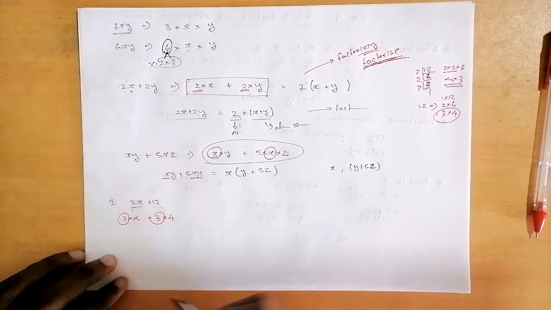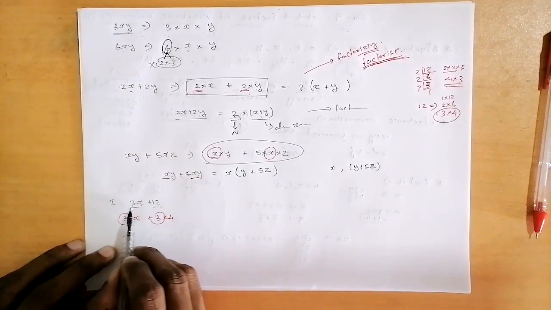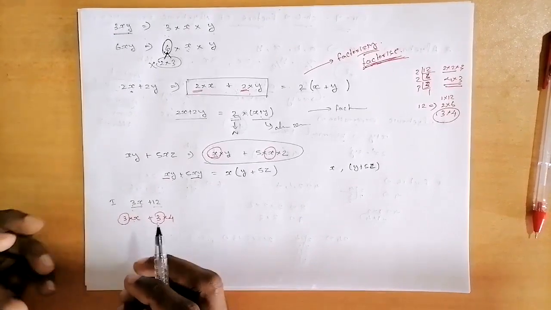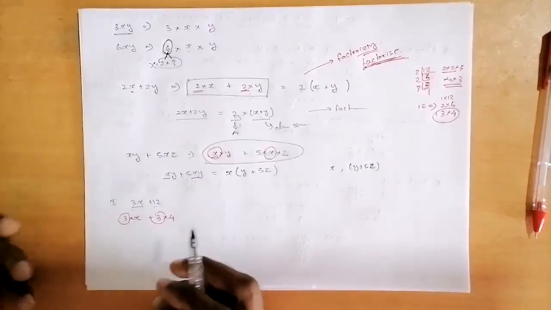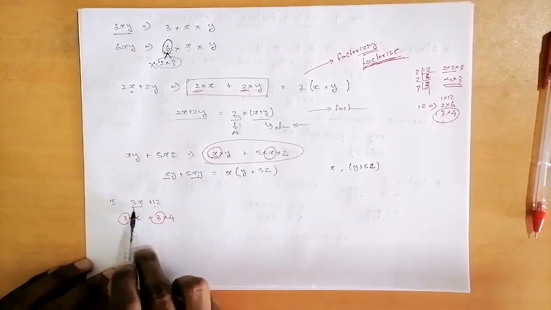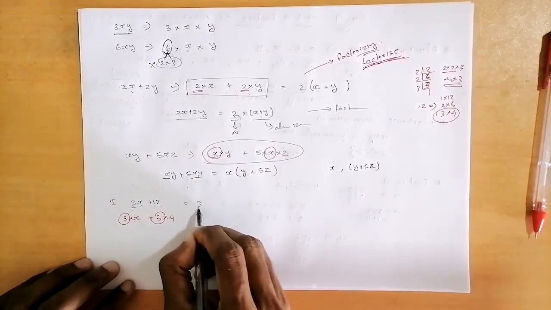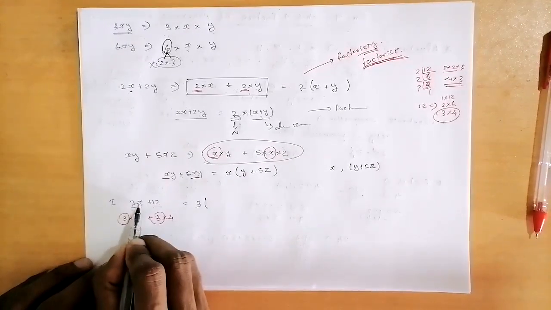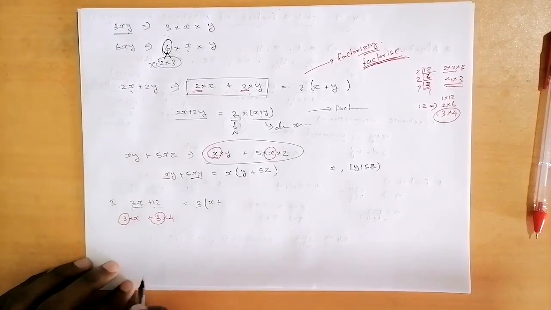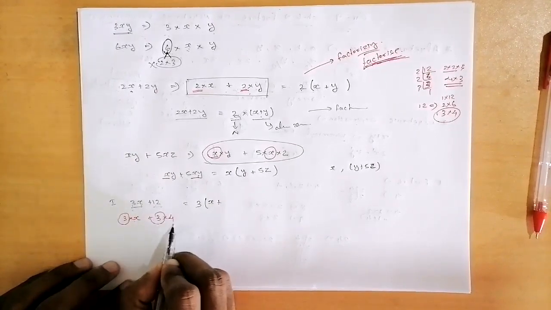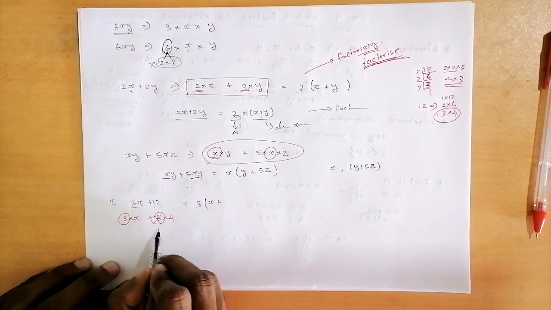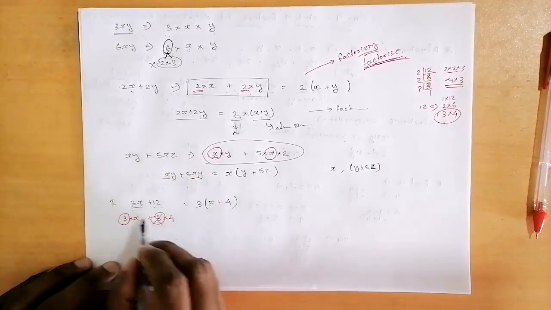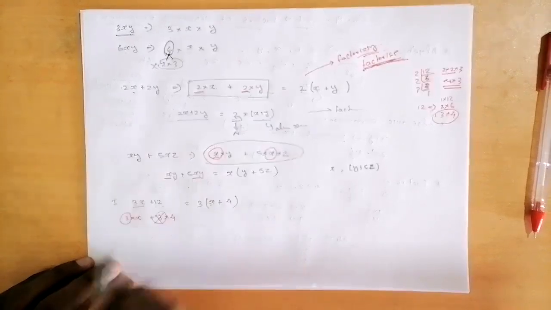Recall the factors of 12. 3x, 12. Which numerical value is common for these two? We can easily say 3. If we take 3 as a common factor, x is remaining. 12, if we think of it as a factor 3 into 4, we take out the 3, remaining is 4. So 3 into x, 3x, plus 3 into 4, it's 12.